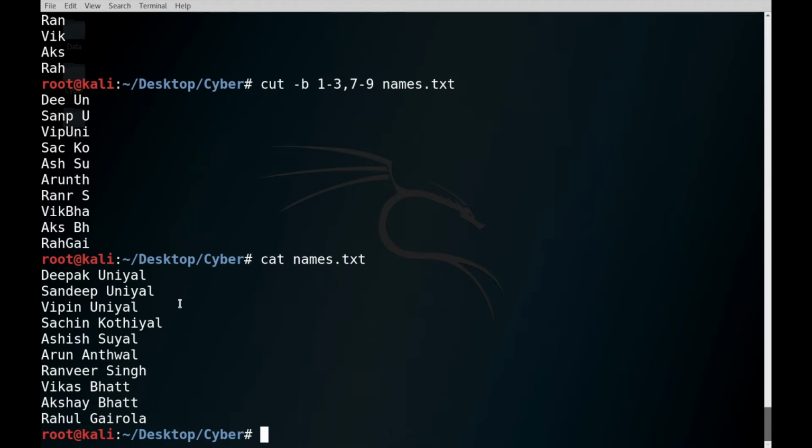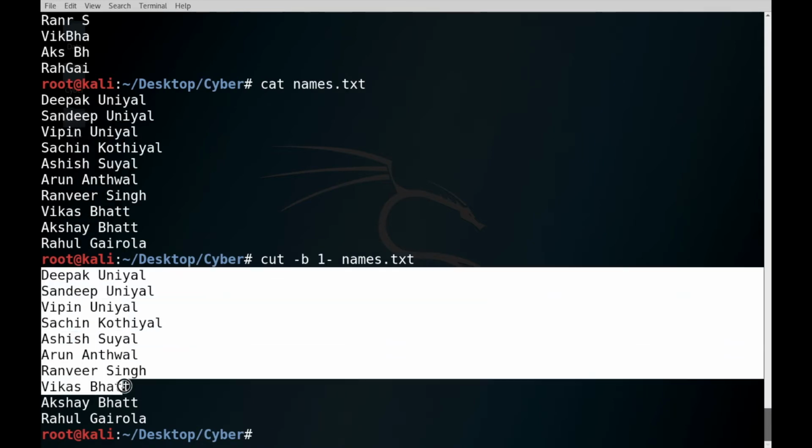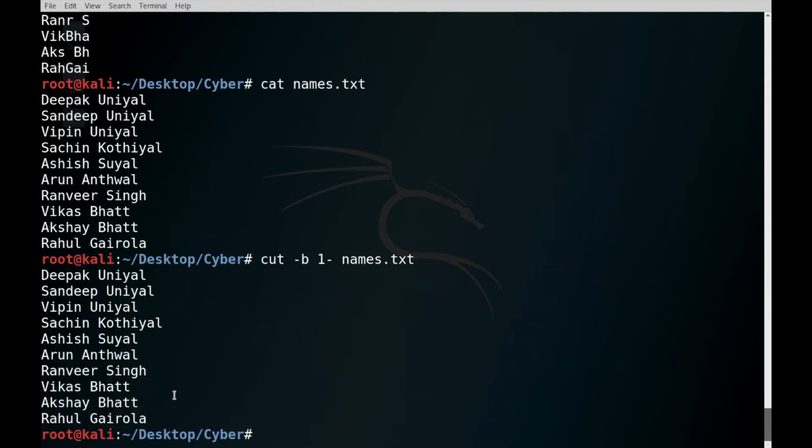After that we need to use another command, cut hyphen b, and then 1 hyphen and names.txt, and here you are getting the whole name. Clear? It starts with the first byte, so there will be the full line and nothing will be cut out of it.